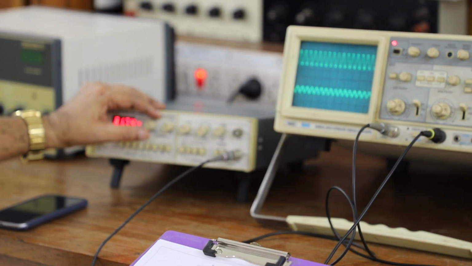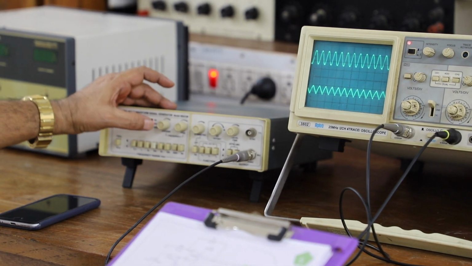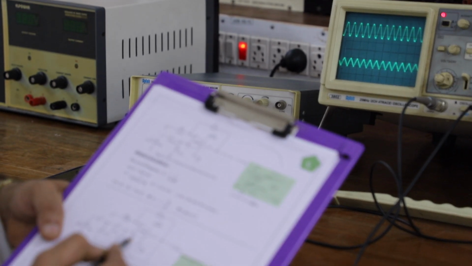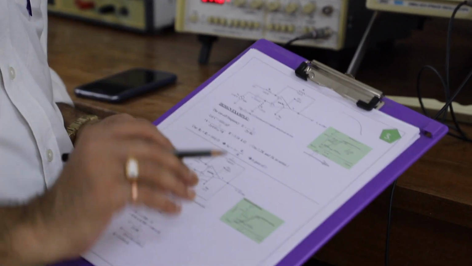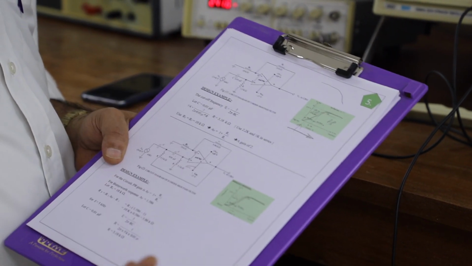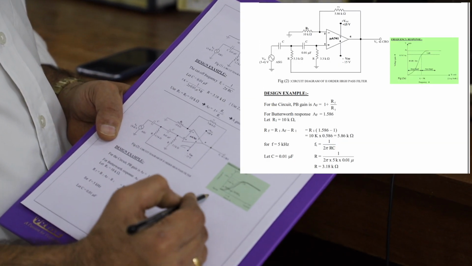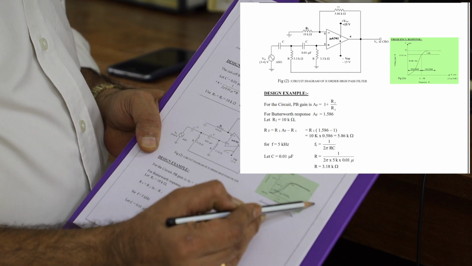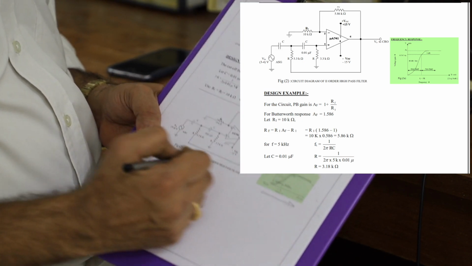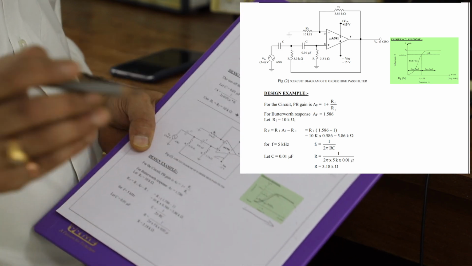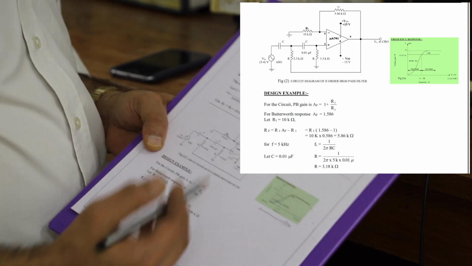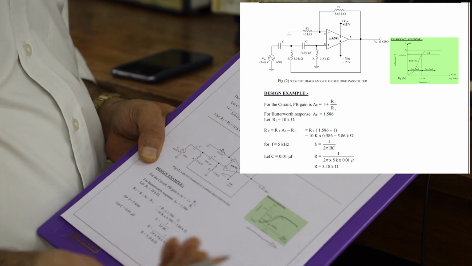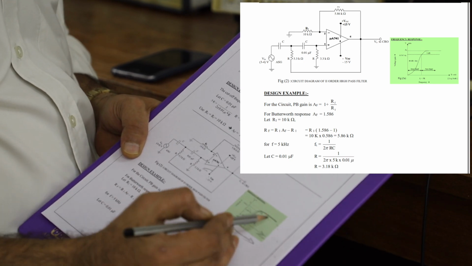So you can ask me, why is it happening? In fact, it is happening somewhere around 50 to 60 kilohertz. I have told you one concept in the theory class, that the op amp will have what are called the gain bandwidth or the slew rate limitations. So it will not be able to slew beyond certain frequencies. Therefore, this circuit will have a practical limit. As you try to increase this frequency further, it may fall like this. It is not due to the frequency response of the filter, it is due to the inherent limitation of the op amp to obey anything beyond a certain frequency. This is the limitation of the op amp due to the slew rate, or could be the gain bandwidth product. That's the reason why it goes like this.